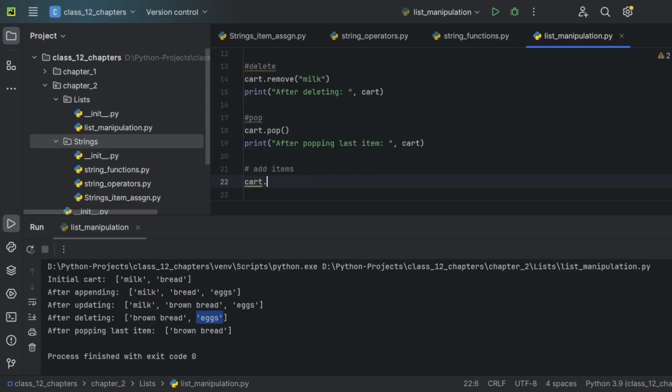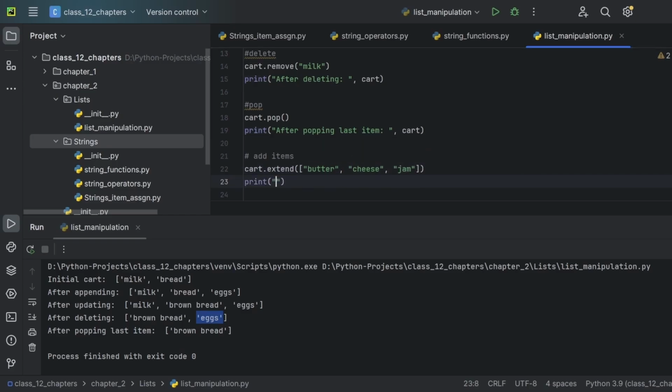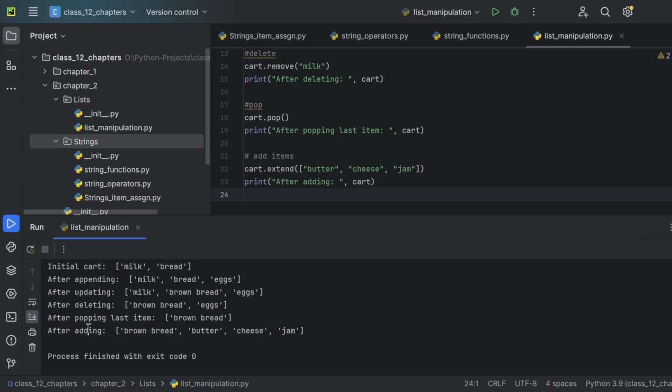We'll say cart dot extend, and we are adding butter, cheese and jam. Print after adding. So after adding, we already had brown bread in our cart, and we have added these items. Okay,